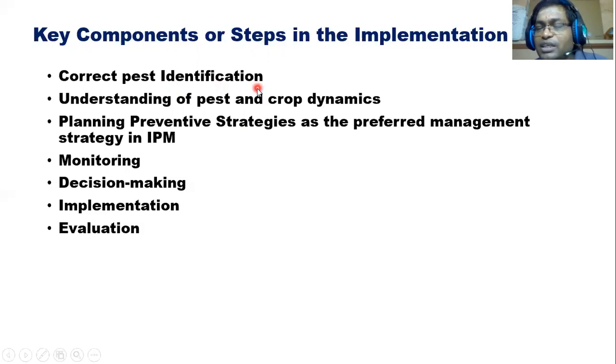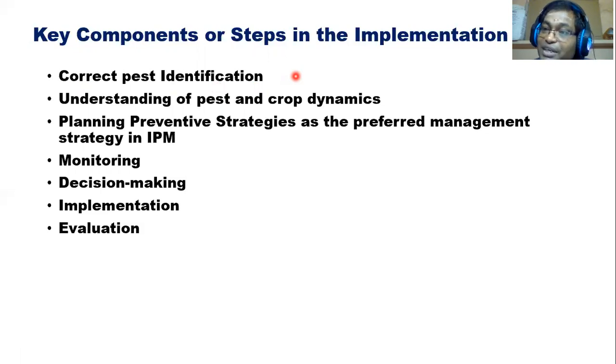The correct identity: in which stage of the pest do we attack? For example, if you are going to a groundnut field, or a brinjal field, and brinjal shoot and fruit fly adults are there, you need to take immediate action to control the adults. Because adults are not infesting; larvae are taking the damage. Larvae are creating the damage.